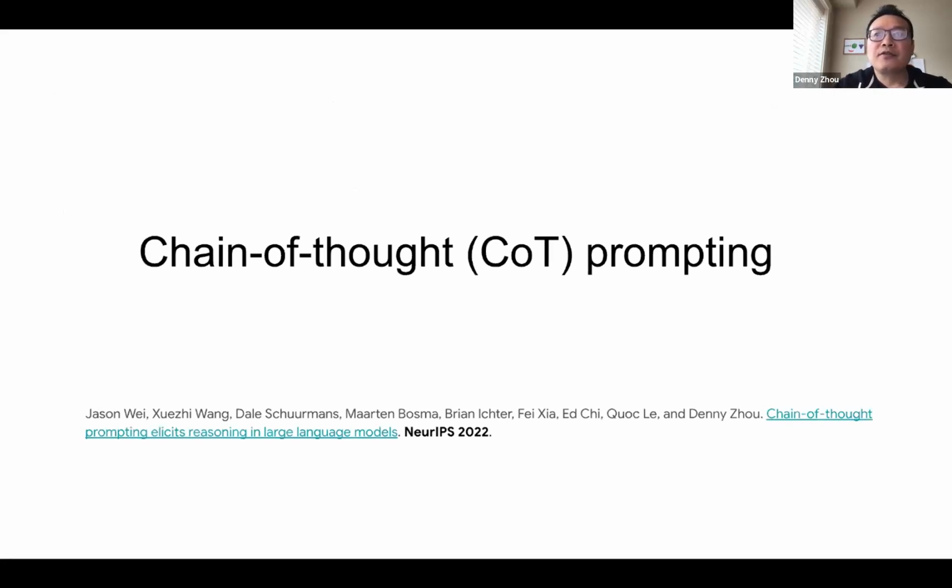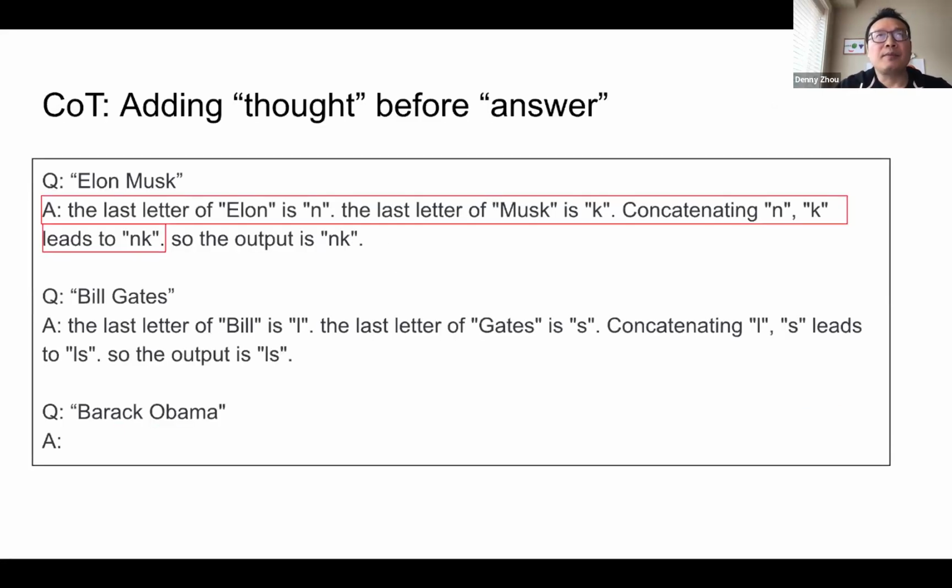We propose chain of thought prompting. Let me show you how to use chain of thought prompting to solve this task. CoT is actually very simple: adding thought before the answer. For example, in the first exemplar, Elon Musk, instead of showing only the answer NK, we also add our thought before